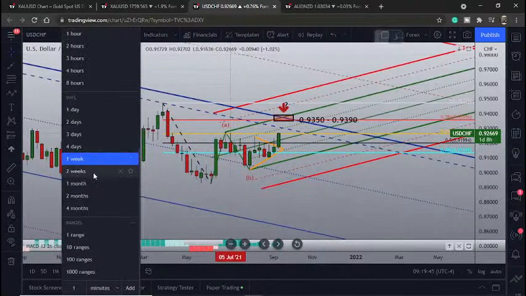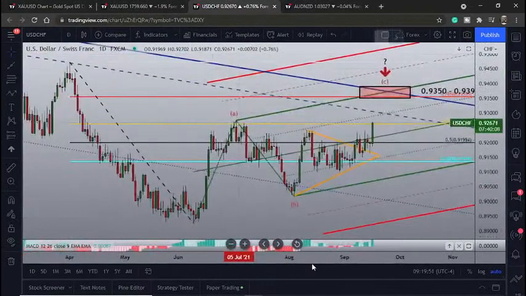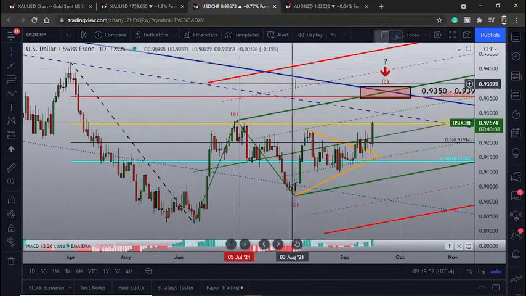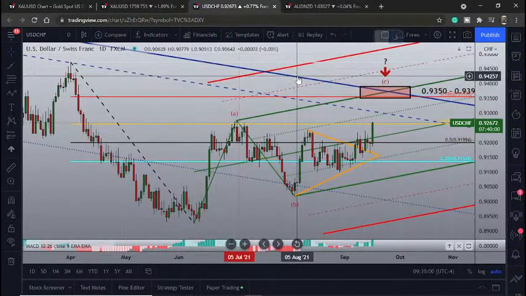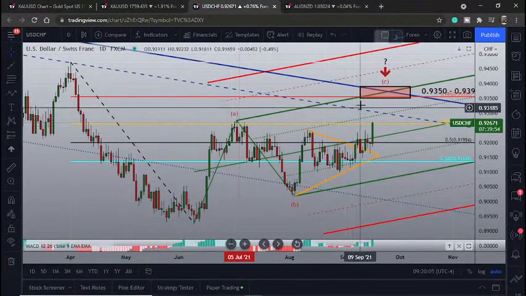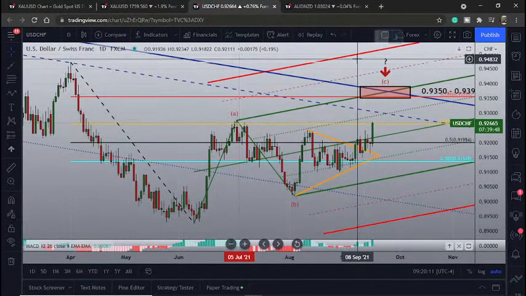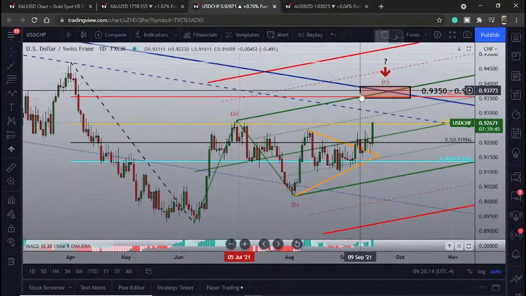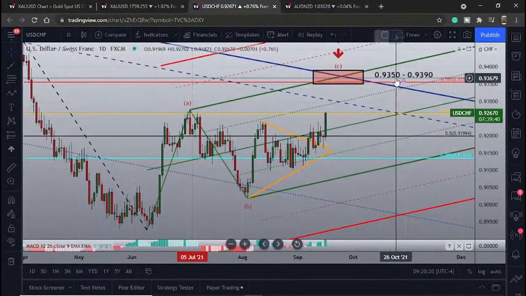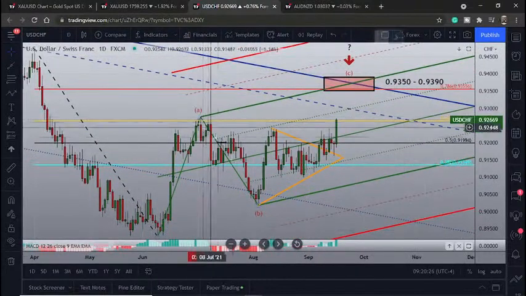Let's just go back to a daily here. Just open that up, and where you then have a confluence area of the long-term pitchfork sloping downwards. That's still, I believe, the operating slope or angle of this market, and then believing that you might have what we call an inside return to this upper median line where you have a cross of these two. If price blasts through here, that's absolutely fine. And this is typically how we'll just do a resistance zone, and I believe we have a resistance zone between 0.9350 to 0.9390,